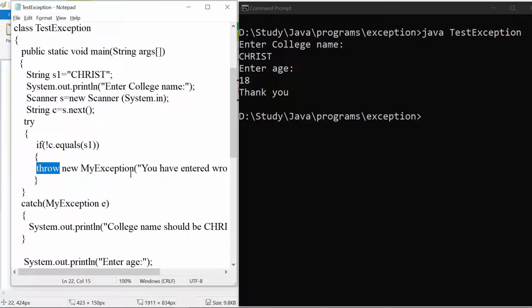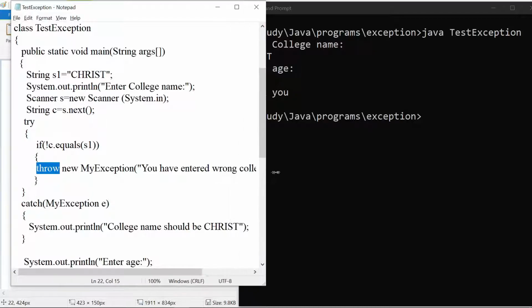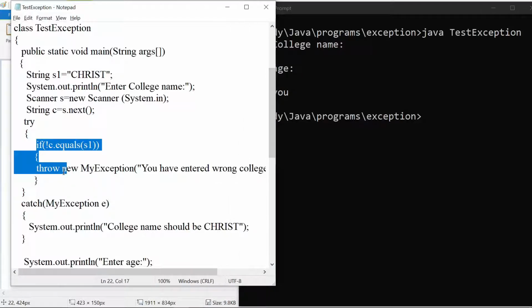Right, all of you? Now you may be getting a simple doubt: why do we need to handle this exception? Like, there may be an error here, then why are you coding that in a wrong way and why are you handling those exceptions? That is a valid doubt from your student point of view. Why are we coding like this and why are we having these many test cases? Because as a developer, you know it is wrong here, and you should not give your college name as anything other than Christ, isn't it?